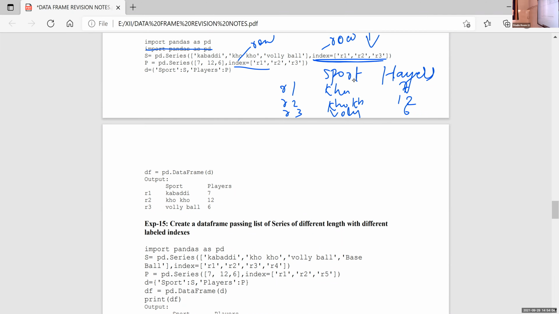Create a data frame passing a list of series of different length with different labeled indices. In the previous section, we used the same length of index and the same length of data values, but here it is different length with different labeled index.